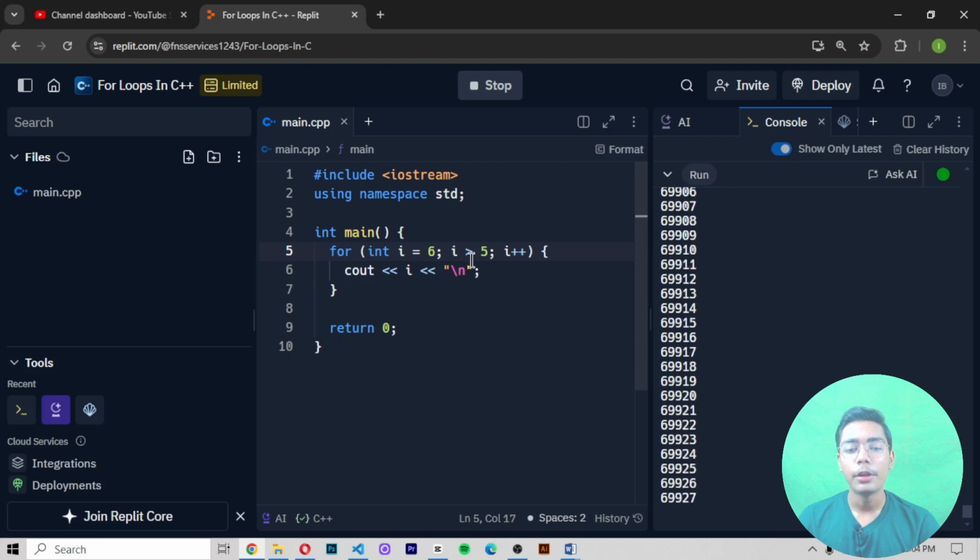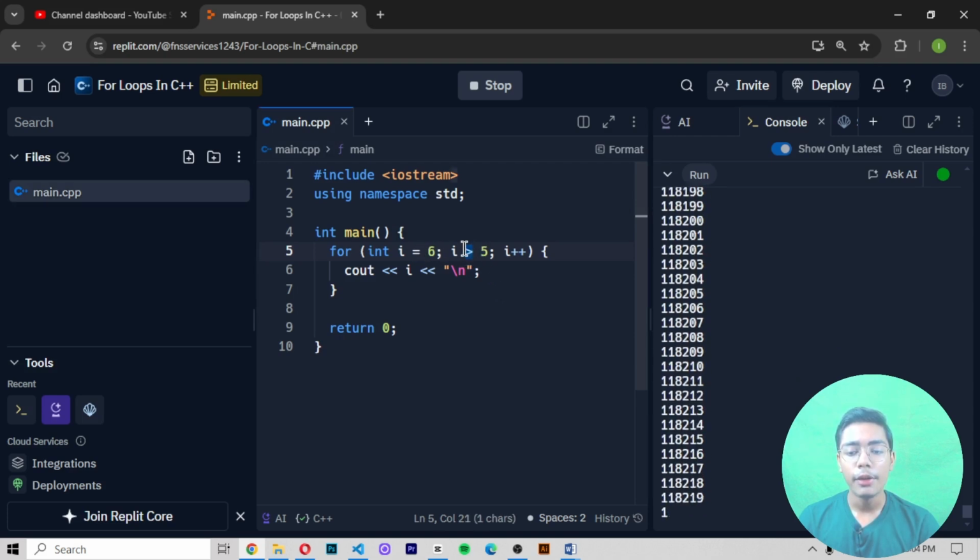It is not stopping because we have written that all the numbers printed after 6, greater than 5, should be printed, and that's why we are getting all these numbers in an infinite loop and it is not stopping. So for doing it you have to press the stop button so that this loop stops. So what I'm going to do is I'll be pressing 0 and I'll be just doing like this, and then